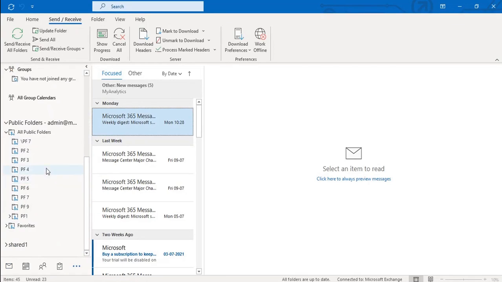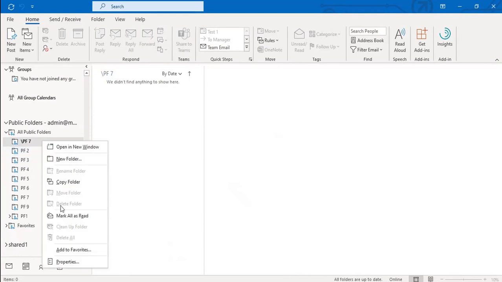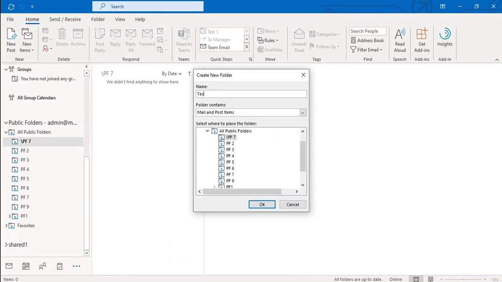However, you will not be able to modify all the public folders because for that you need certain permissions. If you have owner permission on public folders, you can create a public folder within public folders, or even delete the contents of the public folder as well. If you want to create a subfolder inside a public folder, you can right click on the public folder and then go to New Folder. Here you will give a name for this public folder, for example, test PF.